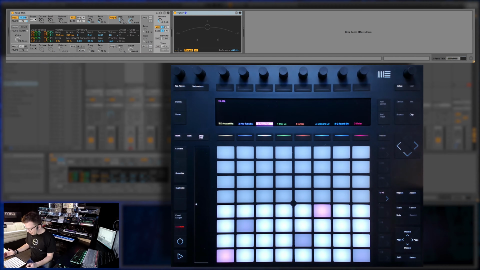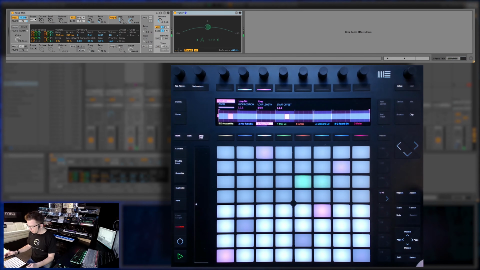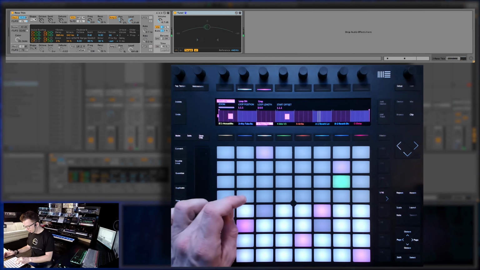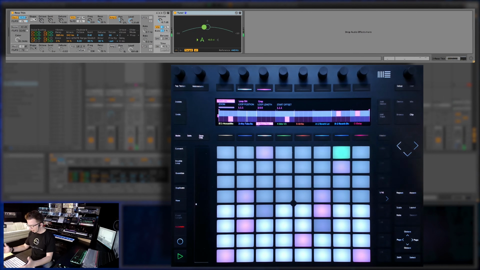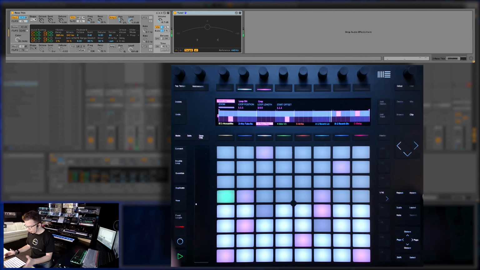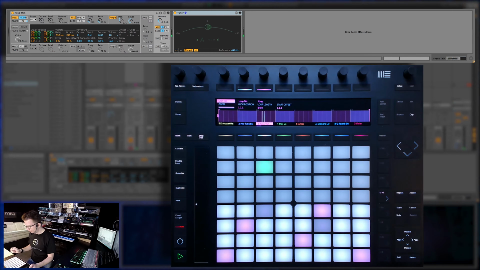So when I want to enter my melodies into the step sequencer, all I need to do is pick the note and pick the position where I want to enter it. And as always, as soon as there is a note entered into the step sequencer, Ableton will create a clip based on our fixed length settings, and it will start playing. You can delete notes by tapping the sequencer again,